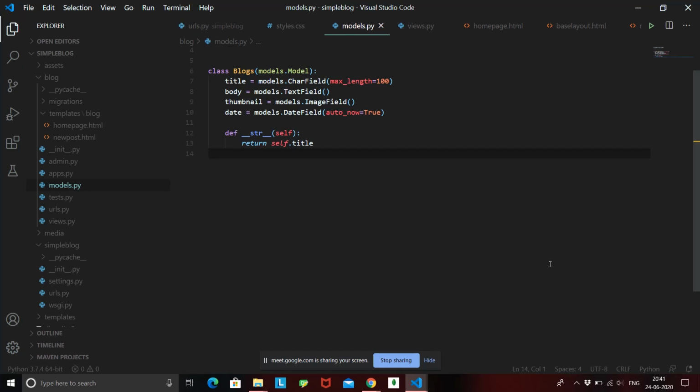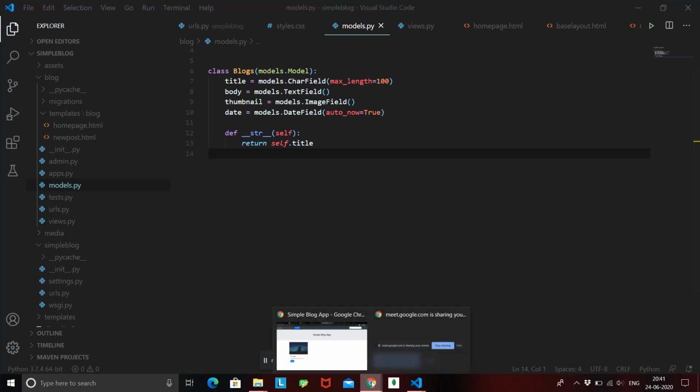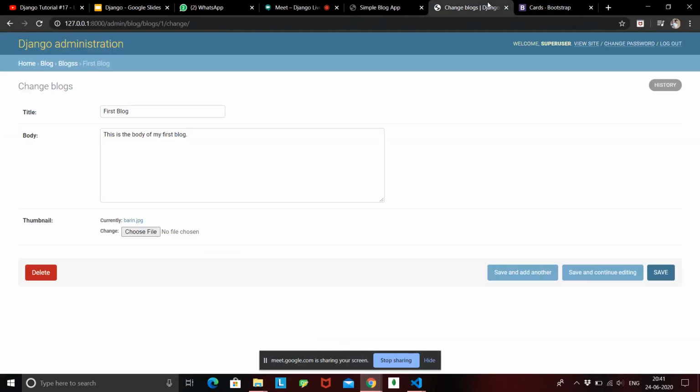After migration, the model is successfully updated. Once the model was updated, we went to our admin page, and there a new field was added, asking us to choose a file. We created a small blog over here and saved it, which means that now our blog has a title, a body, and a thumbnail.